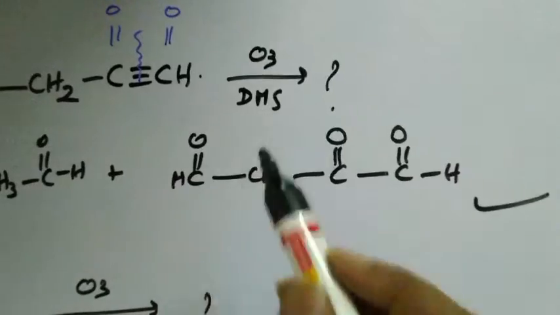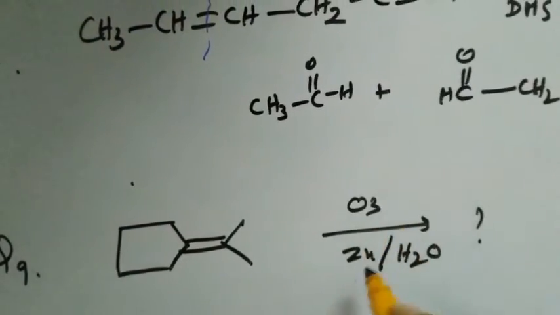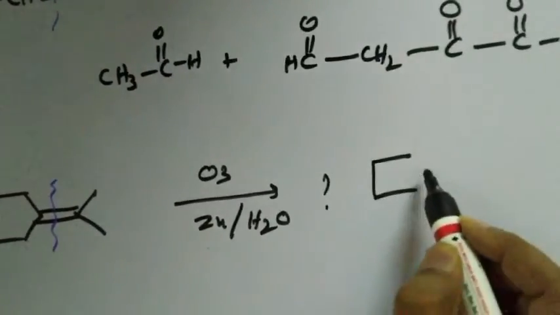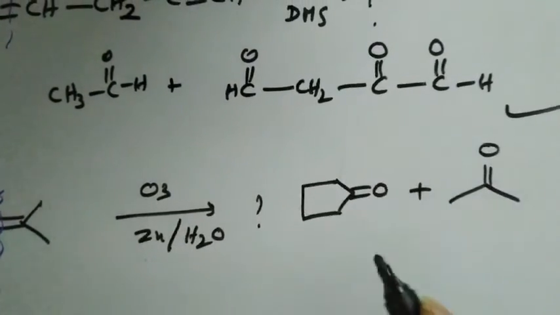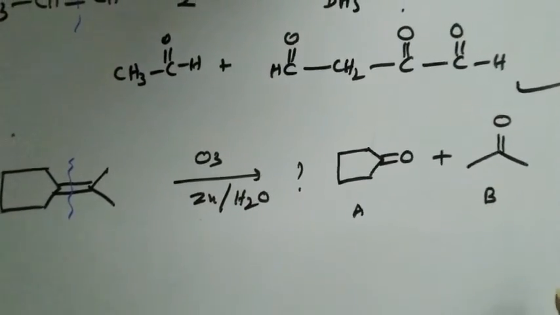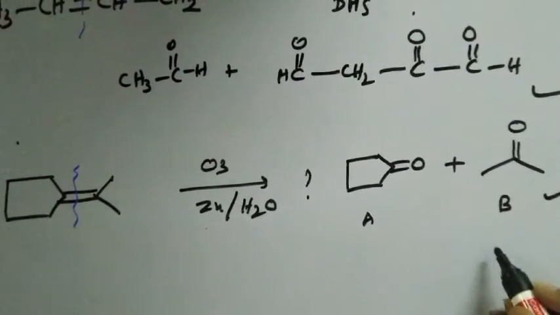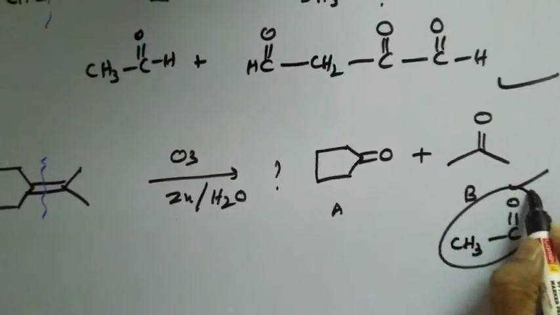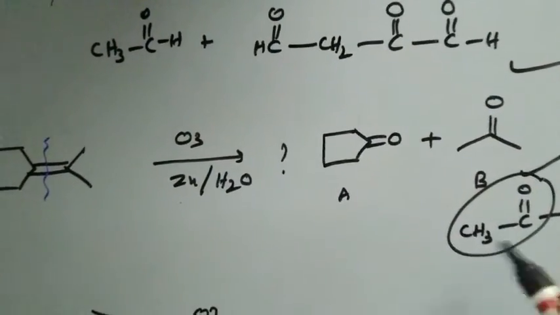He has used DMS. Now come to this particular question. Here he has taken an organic compound subjected to again reductive ozonolysis. A double bond gets broken like that, and we are going to get cyclopentanone plus acetone. Here he may give you a twist like this. He may be asking, I am going to get two products A and B. B responds to the iodoform test. So what is B? So B must be acetone because the iodoform test is given by carbonyl compounds which are having a CH3CO group. This is not having a CH3CO group, therefore B must be acetone. He may give a twist like that.